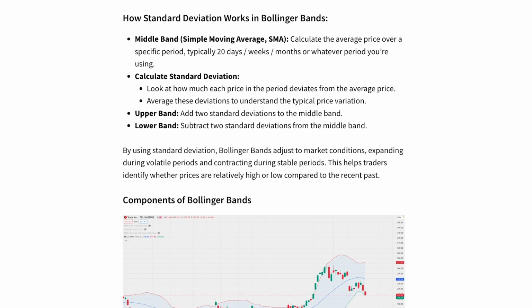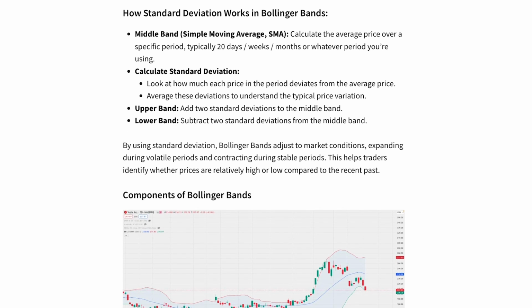For the upper band, you add 2 standard deviations to the middle, and to get the lower band, you subtract 2 standard deviations from the middle band. We're not going to get into the math of what comprises these standard deviations, but just know